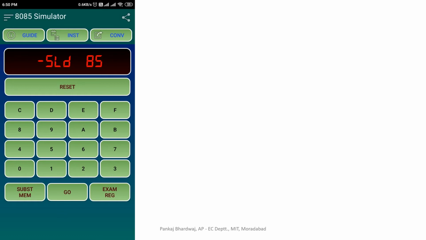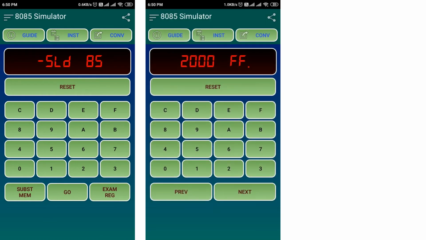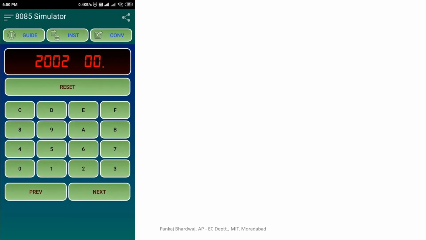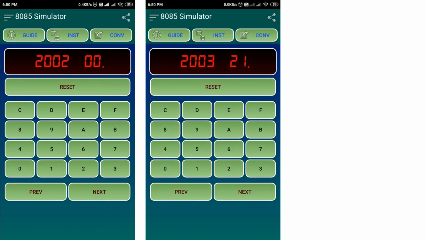Okay, now to begin the execution of this program, I have taken snapshots of every single step. This is when we press reset on the simulator. Now we select the memory, and then we put the 2000 value, next we put the data FF. So at 2000 the data is available as FF. 2001 and 2002 are used for storing the results, so we clear these two memory locations. This is 2002, and in the previous slide we have 2001, that is 00.